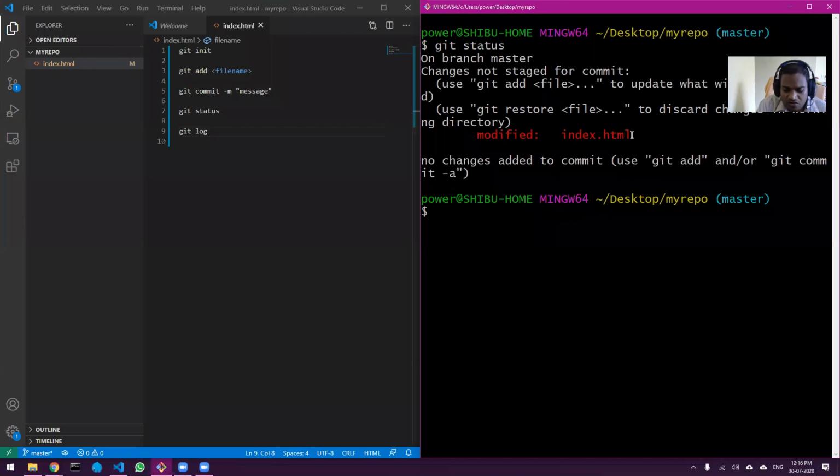Once this is done, I want to commit this again. I am happy with the code I have written, and I want to commit it. Now if I run git commit, will it work? How many of you say it will work?